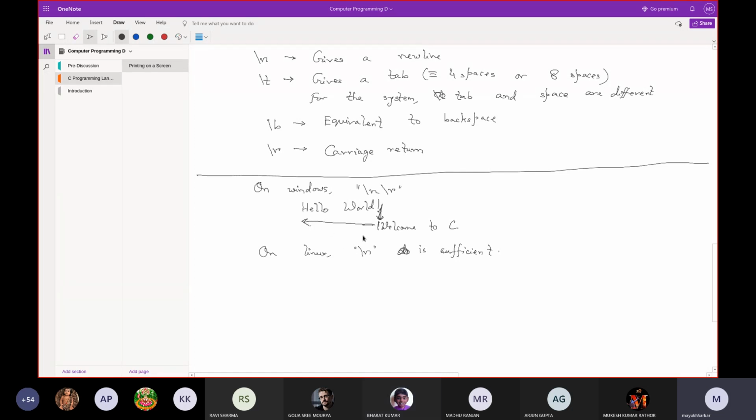Yes? In Windows also /n is sufficient, I use Windows. I think, which compiler do you use? Visual Studio Code? Visual Studio. Yes, in Visual Studio that is sufficient, /n. But if you use Turbo C or something like that, check it out. Though I programmed on Windows long ago, this is what was generally known at one time about the difference between Windows and Linux.